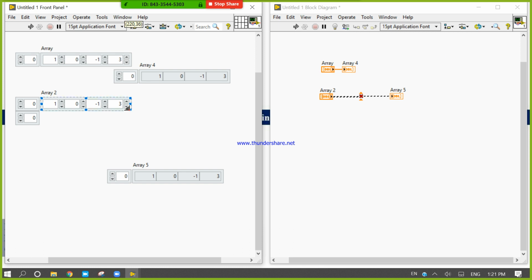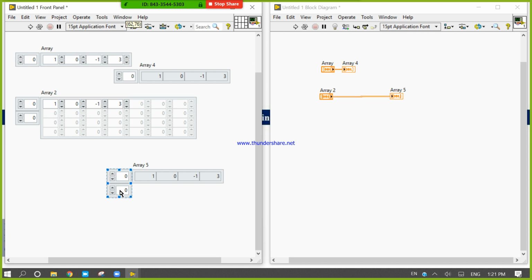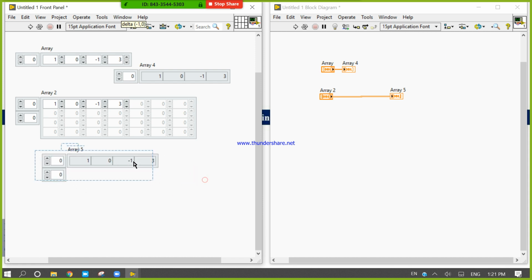Wait for this page and drag it. Now again come here, increase the size and drag it.